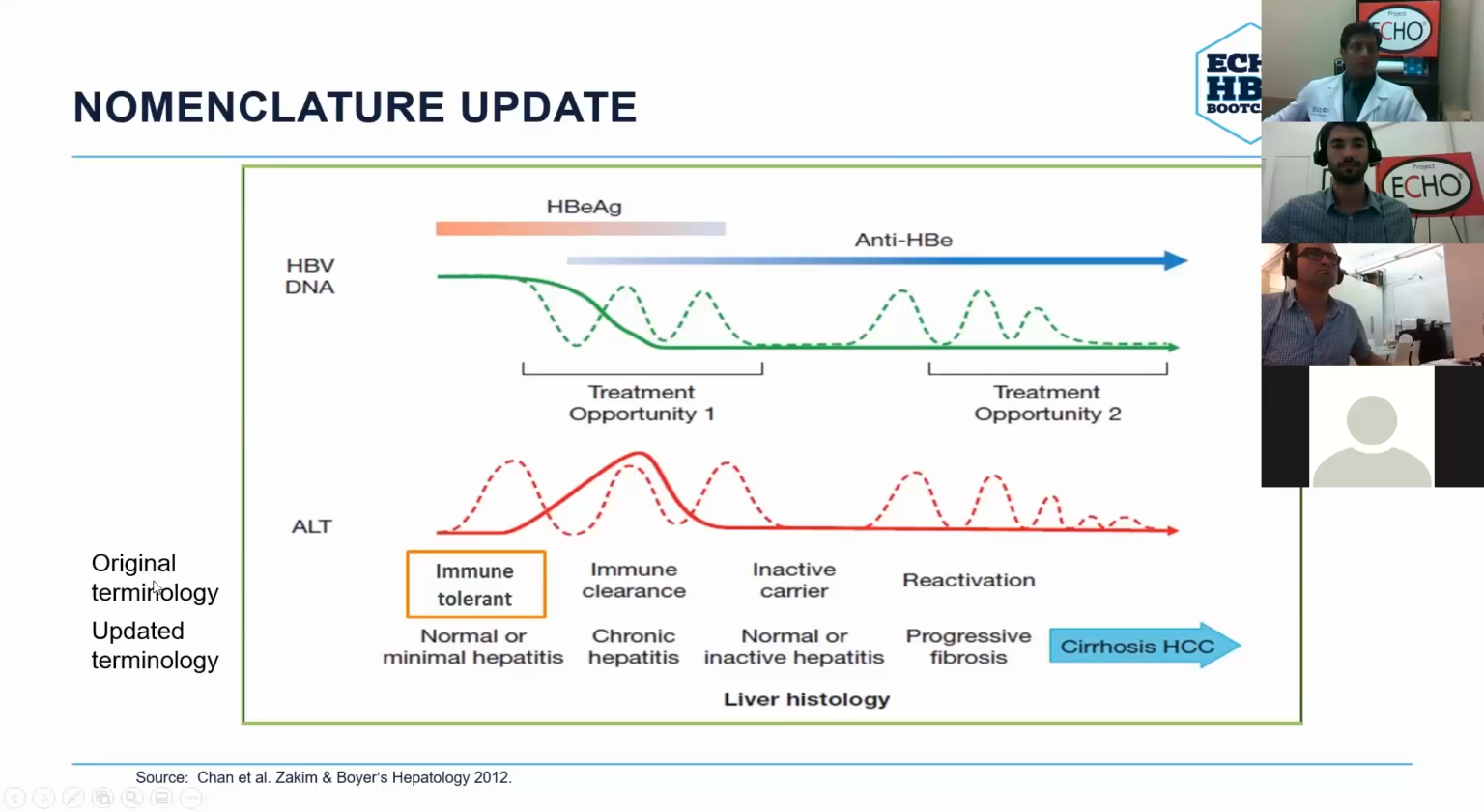So looking at the old terminology and the updated terminology, you'll see that we are trying to shy away from using the words immune tolerant, immune clearance, inactive carrier, or reactivation. Although all these terminologies do make sense, the new terminology that we're recommended to use is presence of hepatitis or the presence of,